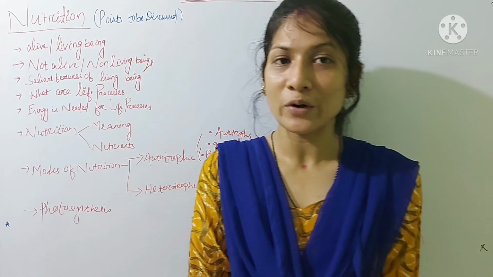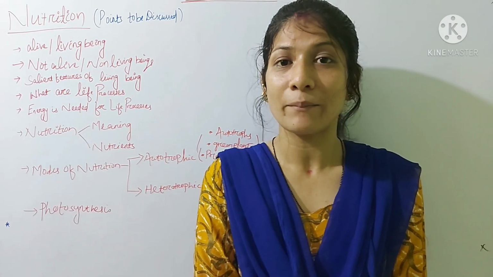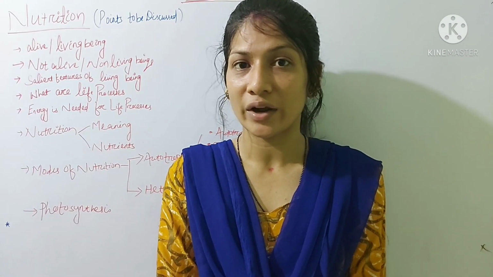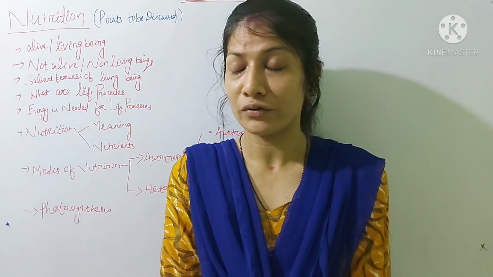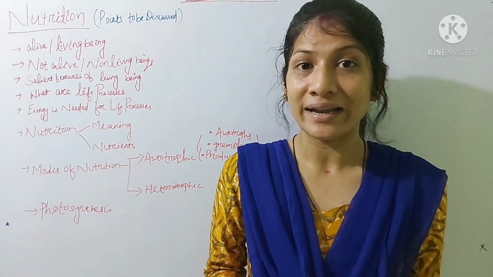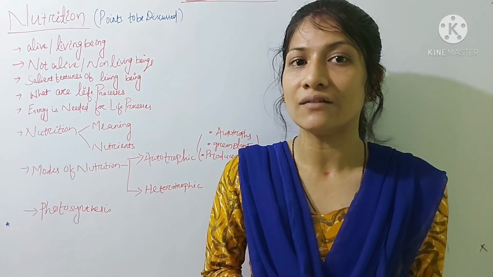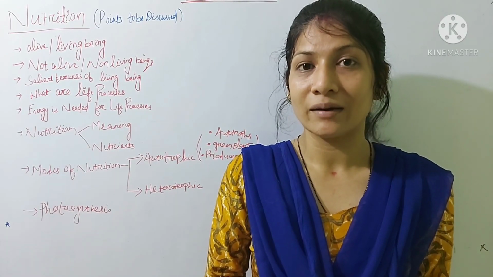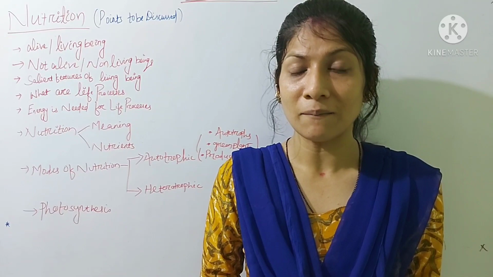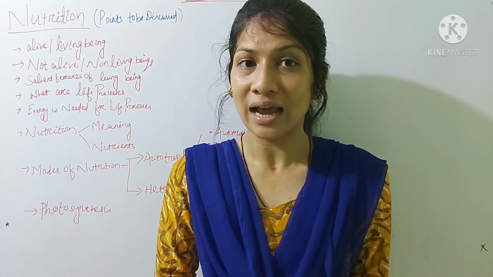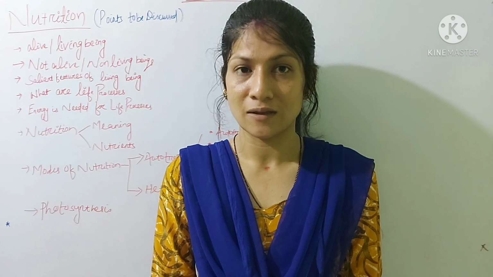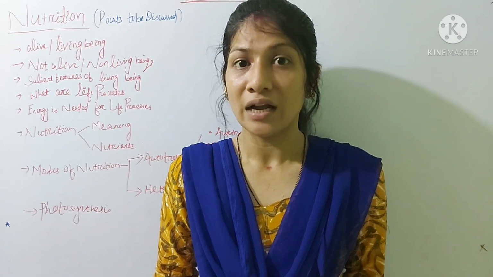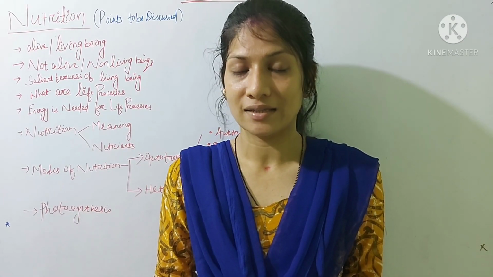Then come to the life processes. So before going to the life processes, first we know what is the definition of the life processes. Life processes are the basic functions of the living organism which are performed by the living organism to maintain, to sustain their life, collectively known as the life processes. That means, again I repeat, life processes are the basic functions of the living organism which are performed to maintain life. The different life processes are respiration, excretion, reproduction, nutrition, control and coordination, etc.